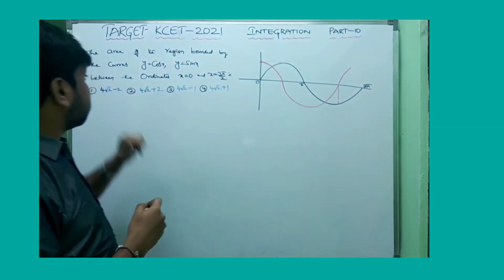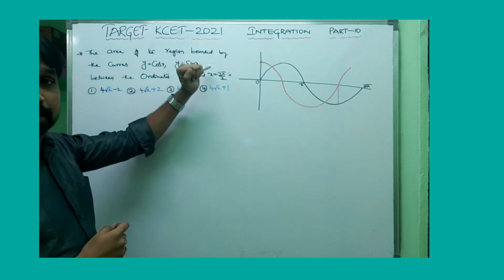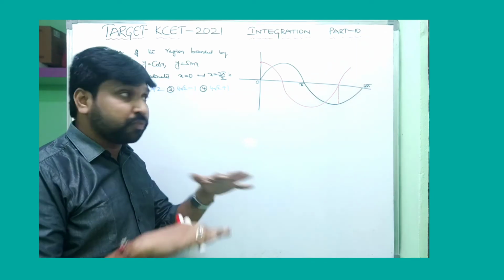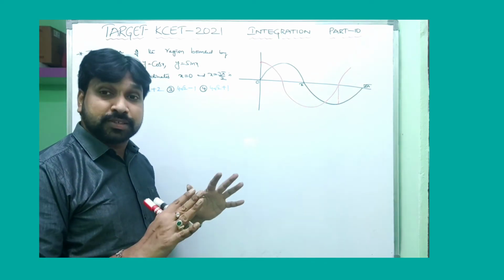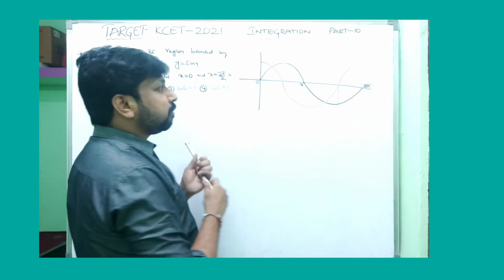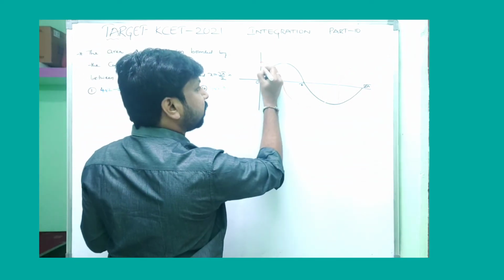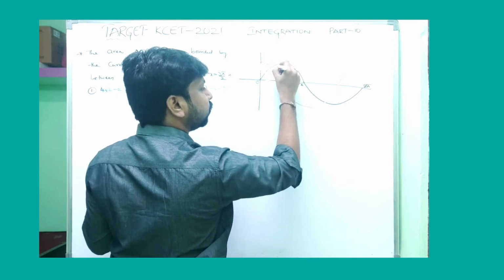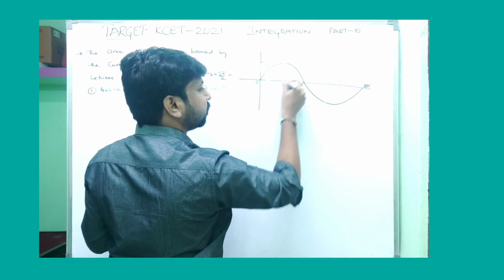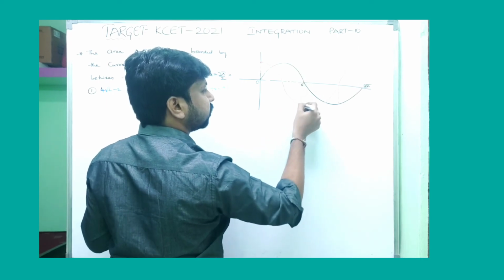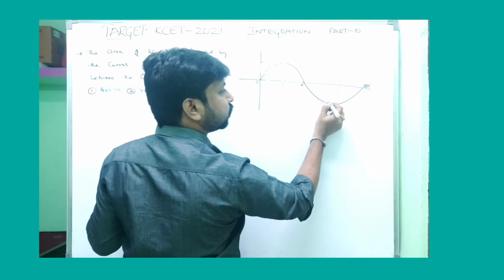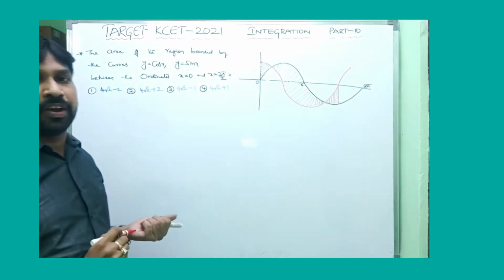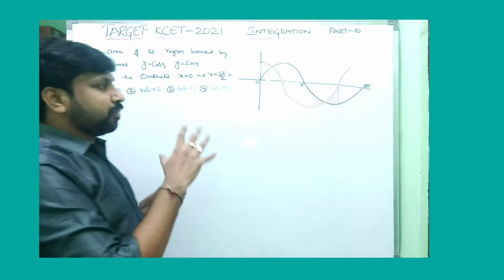They are not asking with respect to the x-axis or y-axis. Whenever they are not asking with respect to the x-axis or the y-axis, you need to consider the combined area. What is the combined area here? The combined area of these two graphs, this one. And also you need to find this area. Of course, you need to find this area too. So how many parts? These are 3 parts, 3 different parts. You need to consider all the values now.